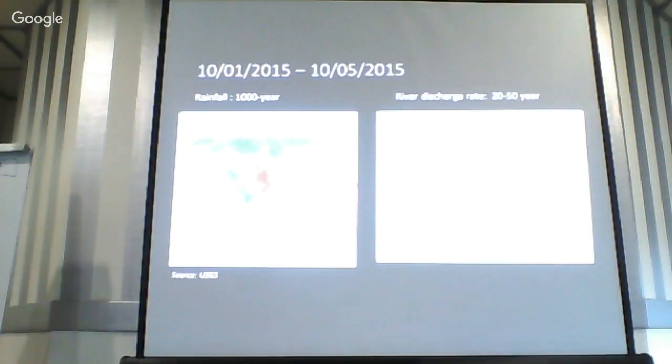So why did this 1,000-year rainfall cause only a 20 to 50 year discharge? That's what we want to figure out. Another point is